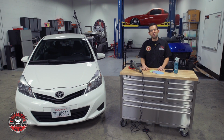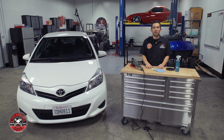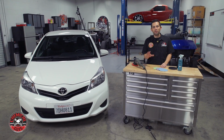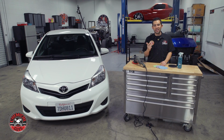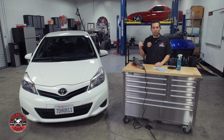Today in the Detail Garage, I'm going to introduce you to the brand new clay eraser disc from us here at Chemical Guys. Now the clay eraser disc is a unique way to decontaminate and clay any type of vehicle faster and easier than ever before. Now this unique disc uses geo-impressions right on the surface, and it can be used by hand or machine to pull off things like overspray, contamination, rail dust, brake dust, and any type of industrial fallout that lands on your